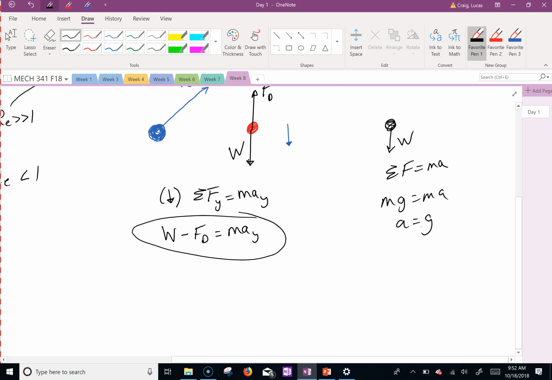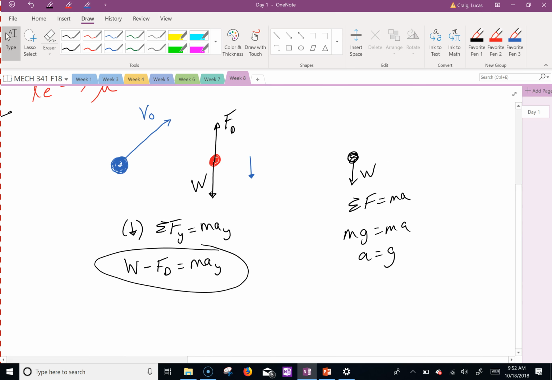Actually, this isn't correct either. What are we missing in this one that we assumed neglected? We have a ball that's falling. We have gravity. We have drag. That's the drag, the forward resistance, the ball pushing the air out of the way in front. I'm going to talk about just that in a sec. That's included in the drag. Yes, and I'll talk about that in a second. Yep, so we have lift acting on the ball. You could have lift, so it could be spinning. Sure, I didn't think of that, but yeah, it could get lift, and it could help.